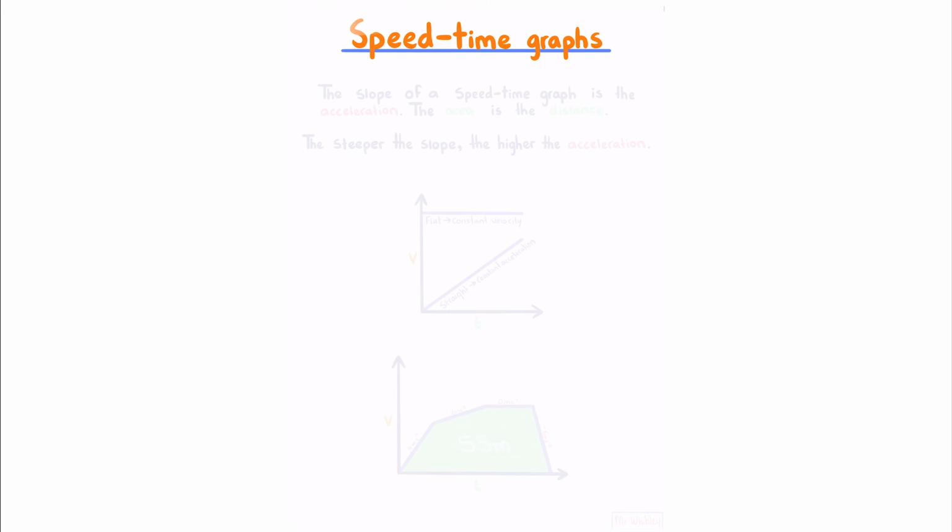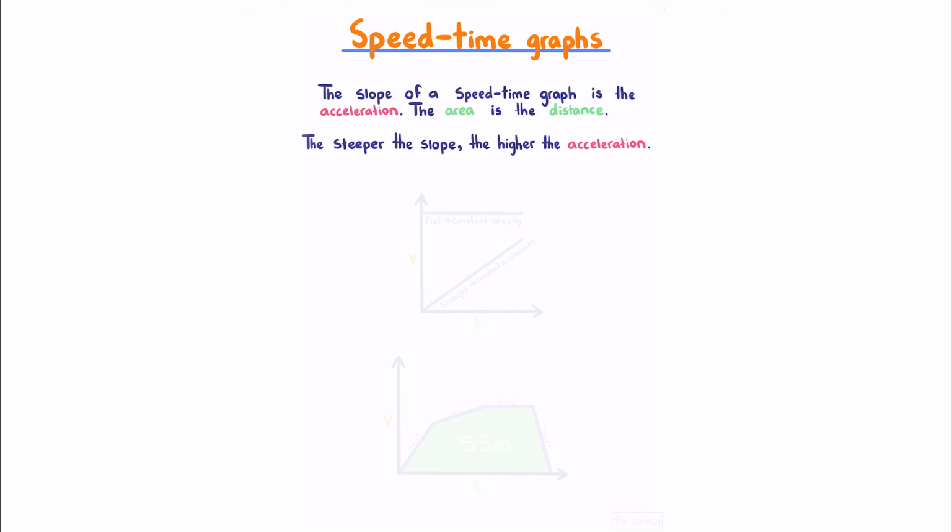Speed-time graphs. The slope of a speed-time graph is the acceleration. The area is the distance. The steeper the slope, the higher the acceleration. For example, drawing a velocity-time graph, a flat line means our slope is 0, meaning we have no acceleration and